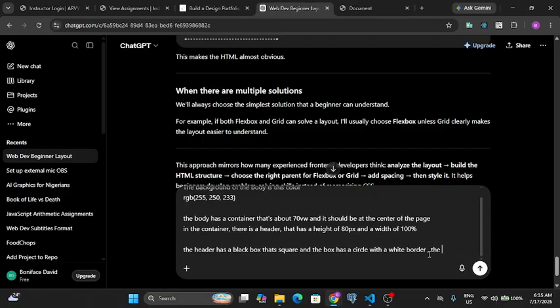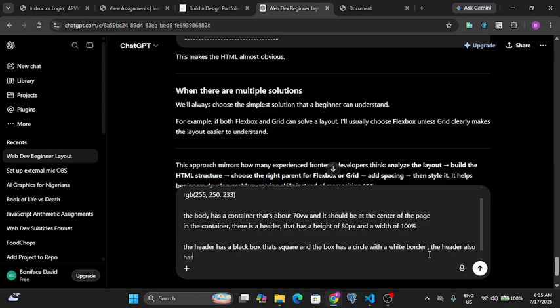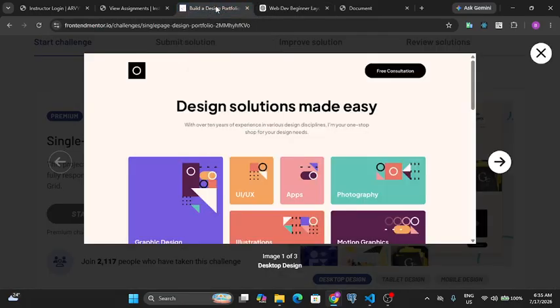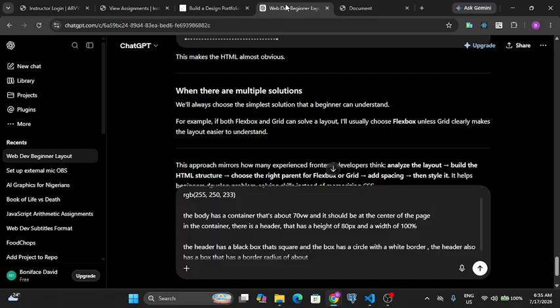Then the header also has a box that has a border radius of about, we can just say about 20 pixels or 10 pixels. We can always go and edit it later. All right, 10 pixels